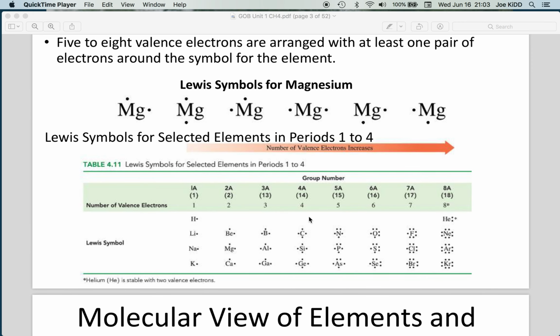So if we look down here, for example, carbon. Carbon has 4 valence shell electrons, right? Think about the electronic configuration of carbon: 2s2, 2p2. So that's 2 in the s orbital and 2 in the p orbital for a total of 4 valence shell electrons. Now, what we see here is when we do a Lewis dot structure, it's kind of like 4 quadrants. Once we move on to nitrogen, which now has 5 valence shell electrons, because now there's 3 electrons in the p orbital, we start having to double up, just like we do when we do the arrow diagram filling for our